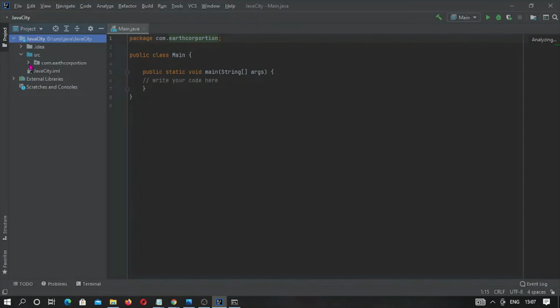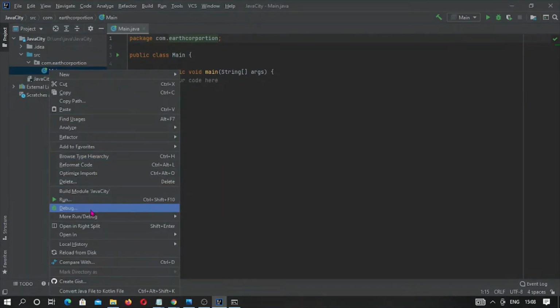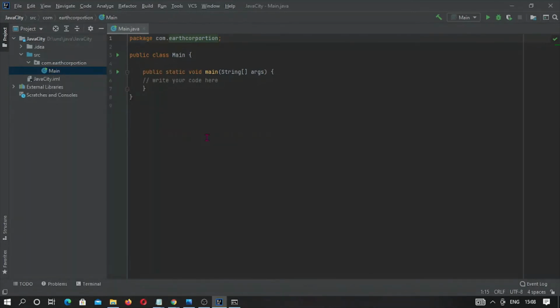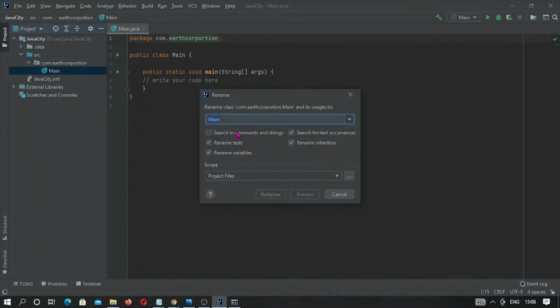This is com.earth corporation, and here is a Java class, and we can refactor and rename it, and it will be given the name Java City.